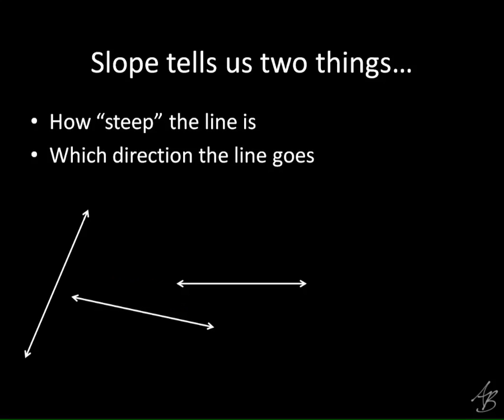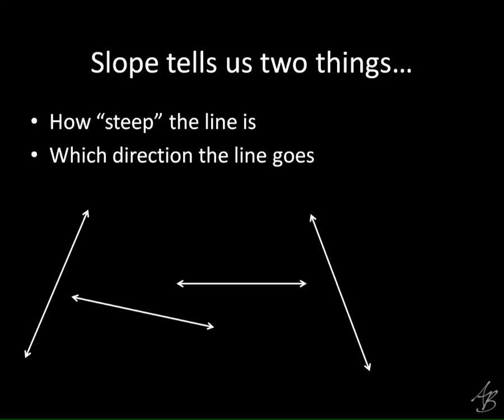All right, how about that one? As we go from left to right, does it go up or down? Neither. It doesn't go up, nor does it go down. So it doesn't have a positive slope. It doesn't have a negative slope. There are actually two kinds of lines that are not positive or negative, and we'll talk about those in a second. All right, so we'll forget about that one for a second.